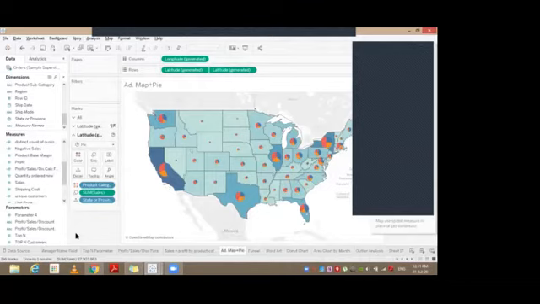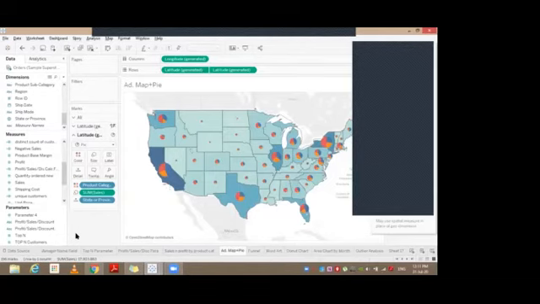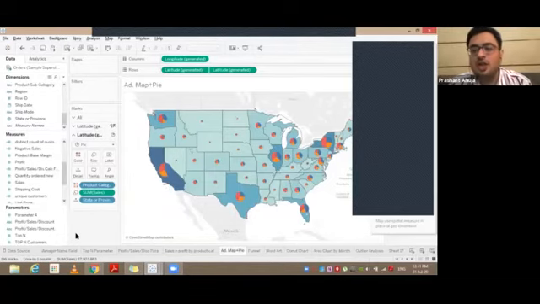Sir, should we not download Tableau Desktop? No. Just download Tableau Public, because Tableau Desktop is a paid version, and the desktop version will only give you a 14 day trial, and the desktop version might not give you 100% of the functionalities. So if you have it, that's not a big problem. It is fine. But the best way to learn is to do it on Tableau Public. Just be cautious.